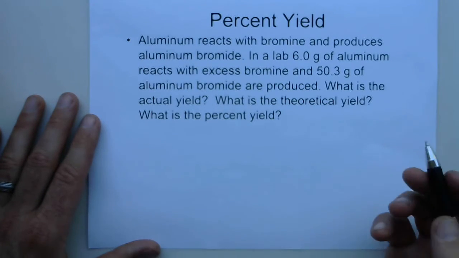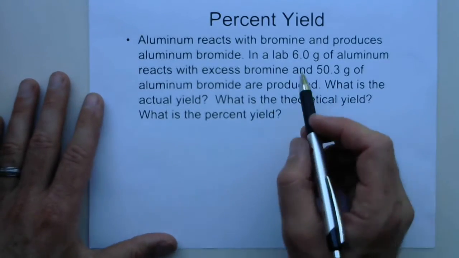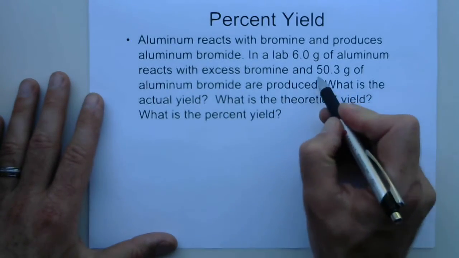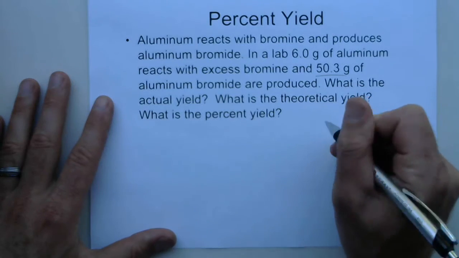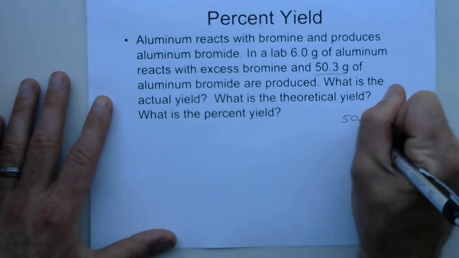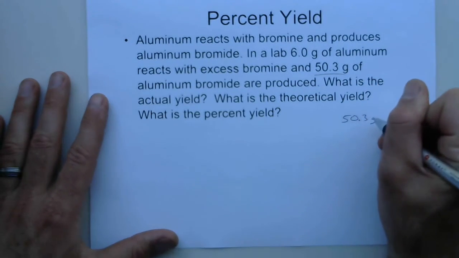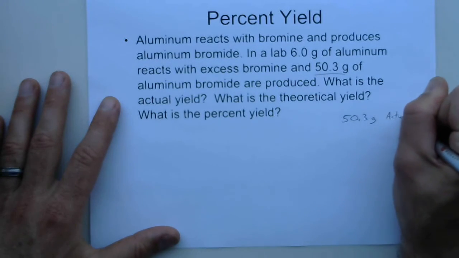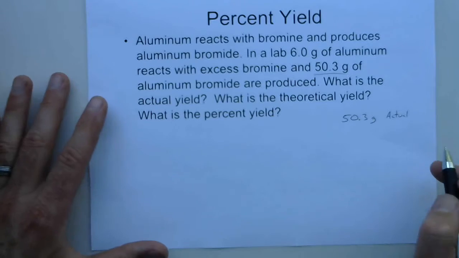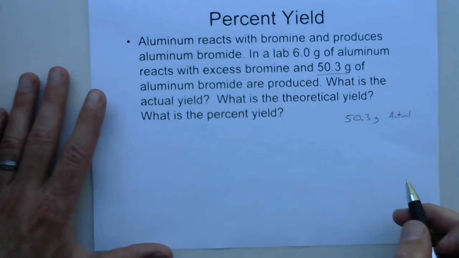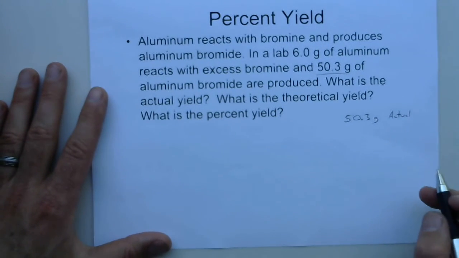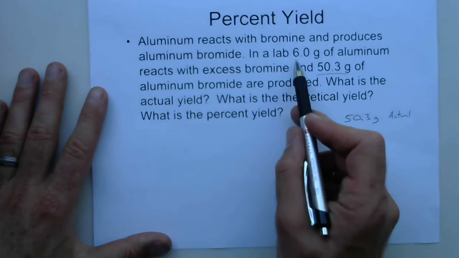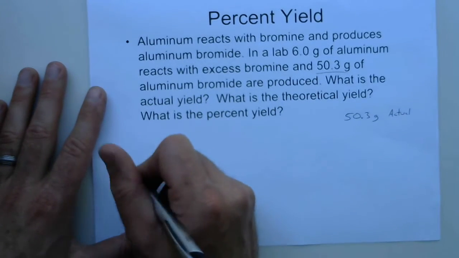All right, so this wasn't a real lab. This just tells us what the actual yield was. So the 50.3 grams of aluminum bromide is my actual. And then I'll do the calculations to figure out what my theoretical was, how much I think should have been produced, and then we'll find the percentage. All right, so we did start in the lab with 6 grams